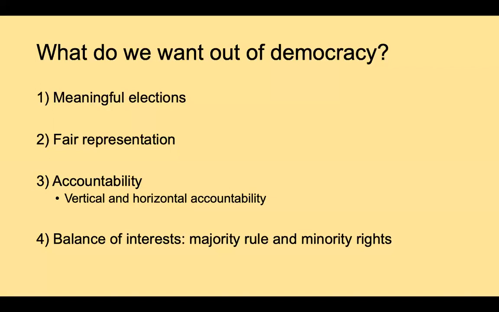And then finally, hovering over this entire discussion is our desire for majority rule and minority rights. We want a system that isn't just fair and meaningful and accountable, but one that actually represents the will of the majority and doesn't privilege or advantage a minority over the majority. A key example is South Africa under apartheid. That's a country in a time period where the enormous Black majority did not rule. It had no rights at all. And in fact, it was a tiny white minority that ruled. Clearly not an example of a democracy.